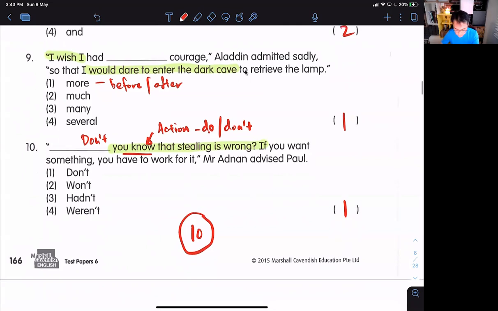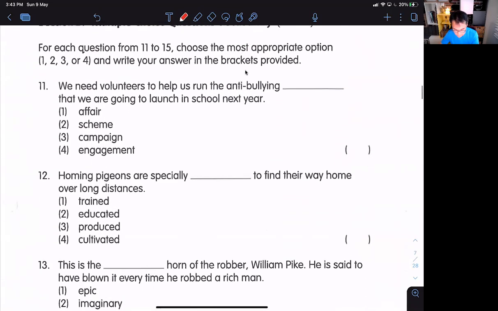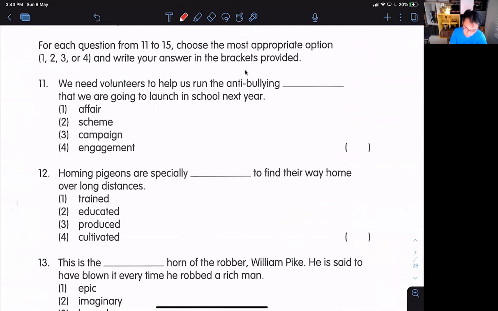All right, let's go on now to our vocabulary MCQ, right? So it is an anti-bullying campaign that is launched in school next year, right? So the clue here is something that is launched and something that contains a message, all right? Or a kind of movement, right? In this case, the message or the movement is anti-bullying, and the fact that it's launched makes it a campaign,